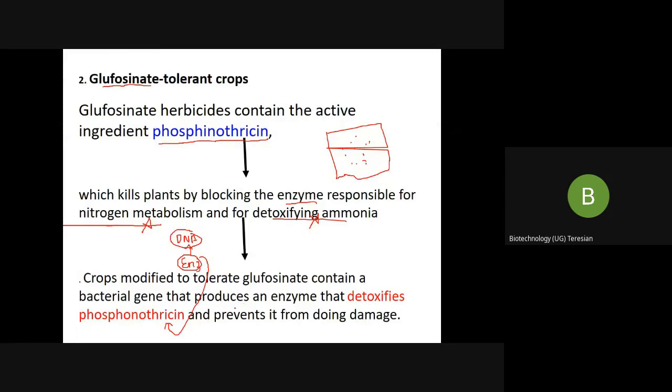And now what they have done is, they have introduced it into your crop plant. Okay, this is my crop plant. Now this is containing what? It is containing the bacterial gene. And this is my weed plant. Now if I spray this glufosinate, what happens? It is going to kill this plant, by inhibiting its nitrogen metabolism. But it is not going to affect this plant. Why? Because my plant is carrying a bacterial gene which can destroy this herbicide itself. So it is tolerant to the herbicide. The same phenomenon we spoke about previously.